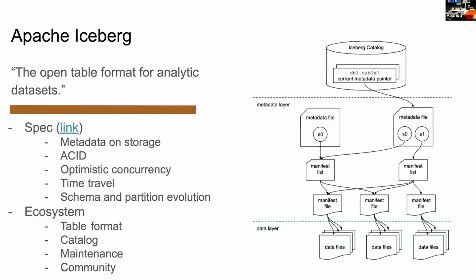In case you search for Apache Iceberg, this is what you find: an open table format for analytic data sets. The other day, I heard a different description. One of my colleagues said that, in case you ask me, Iceberg is a specification that tells you how to organize your metadata on top of your data. I think this is also true. It depends on which angle you want to tackle this question. In fact, there is a specification, you can open it, and there are a lot of things that you find there, like time travel, optimistic concurrency, and everything related.